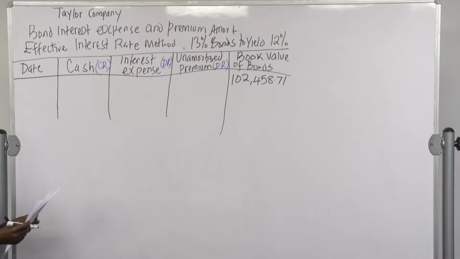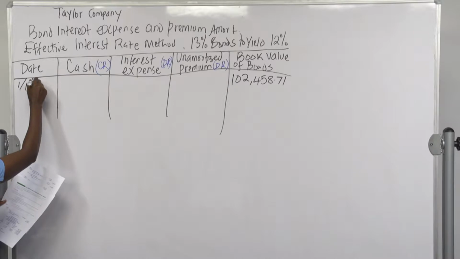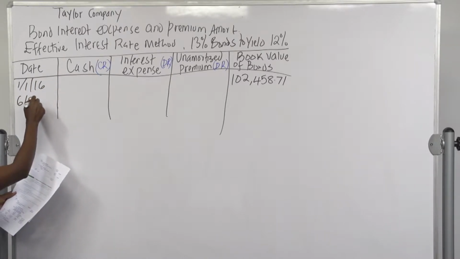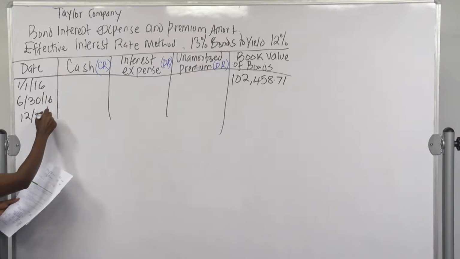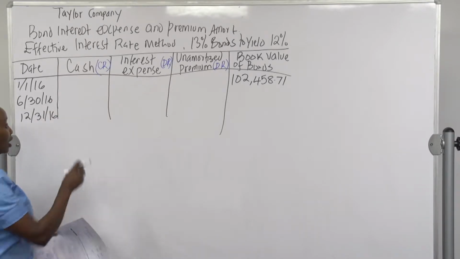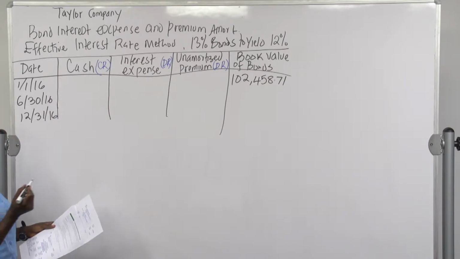So we're going to do an amortization for the sake of answering part B of the question. First we start off with 102,458 on January 1st, 2016. It pays twice a year, in June and December, so we're only going to do partial amortization. The cash we pay every 6 months is for the stated rate, so it will be 13%